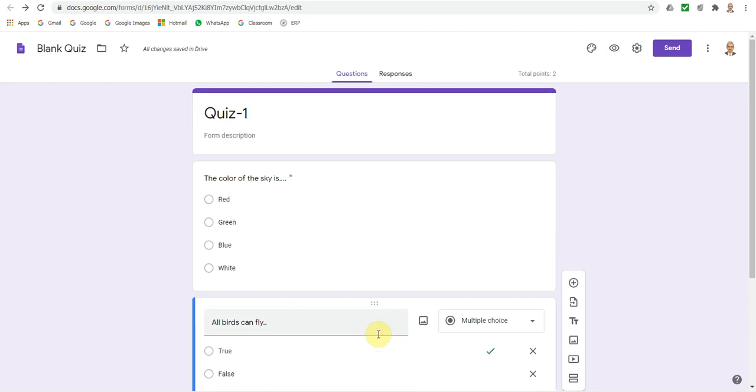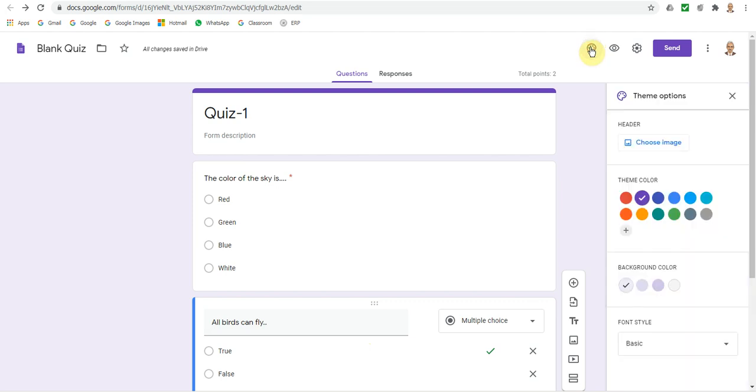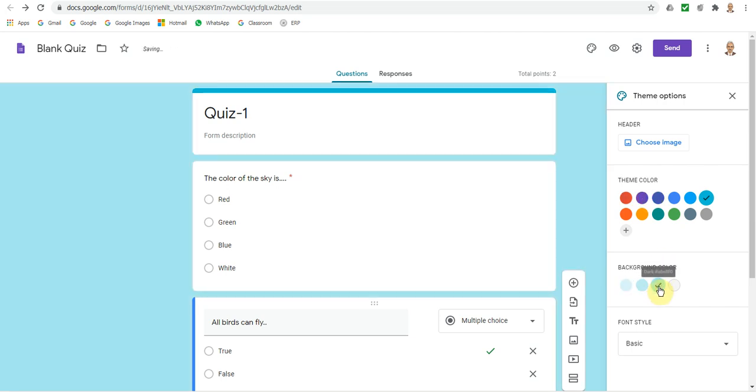So now let's decorate this a little bit, to make it more interesting. Here you have the option of customizing the themes. You can see now purple is selected here. The lines are the border. So I can choose some other theme. You can see the color changes, and this is the theme color. In addition to that, the background color, if I want, I can change it. So I can see that it has become darkened here.